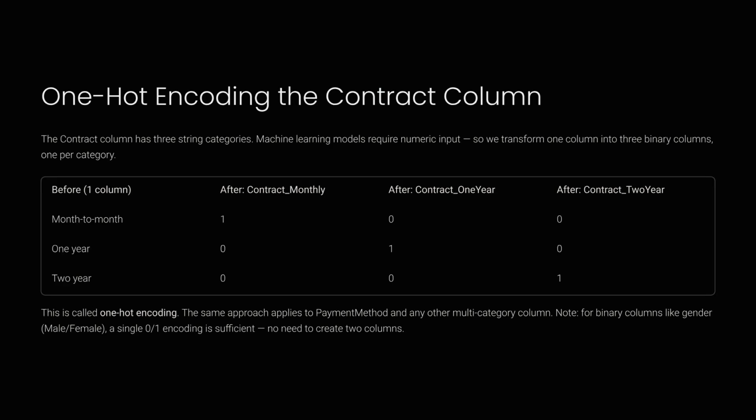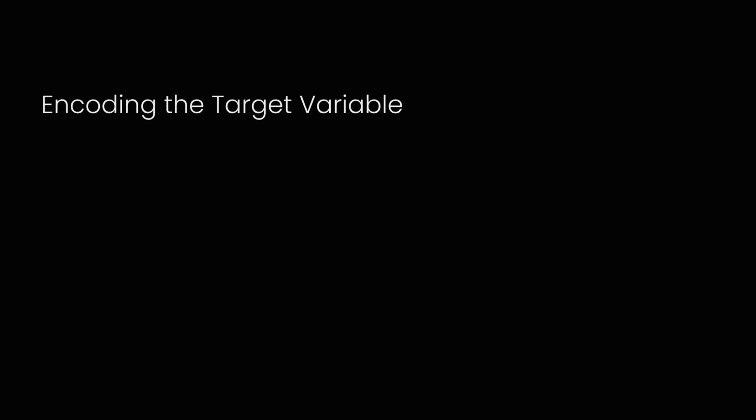The contract column has 3 string categories and must be converted to numeric inputs for the model. We use one-hot encoding, transforming one column into 3 binary columns, 1 for each category. This approach applies to other multi-category columns as well. The target variable churn needs numeric encoding,